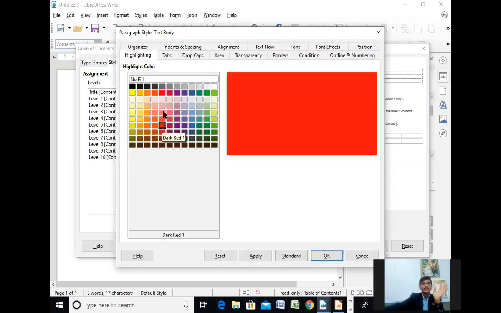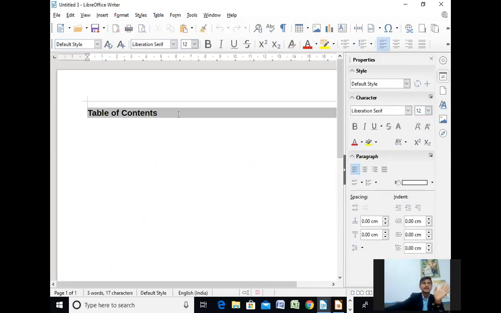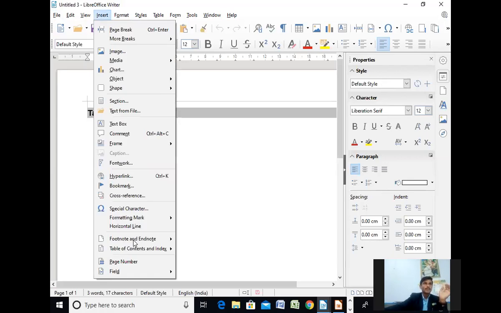See, I'm showing you here a different color. You can use different colors like this in your style. All these things you will get here, but I have not made any table yet, now I am going to create a table.